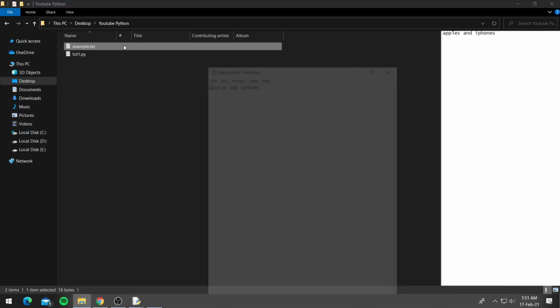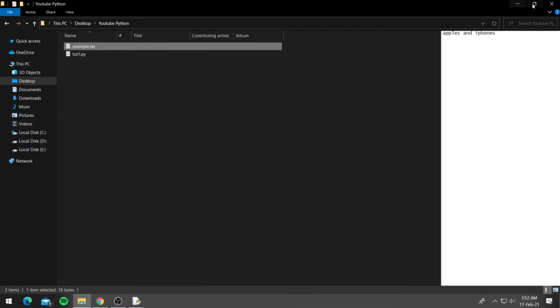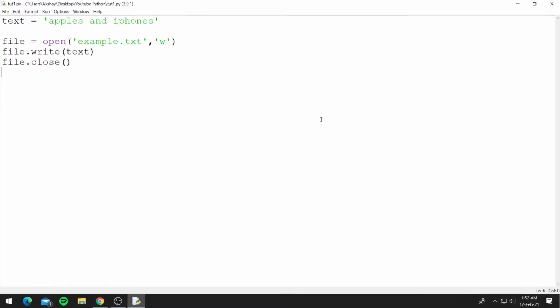So let's open example.txt, and you can see it removed hello bitcode, and this is on a new line, and added apples and iPhones. So as I said, write removes all the data and then writes to the file.